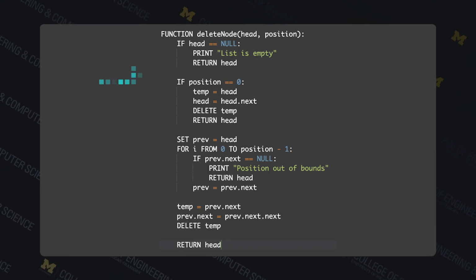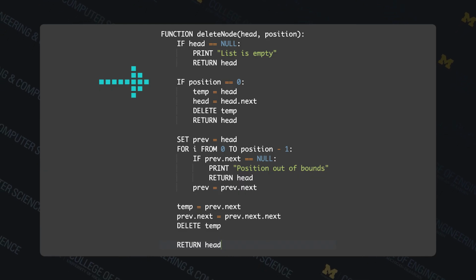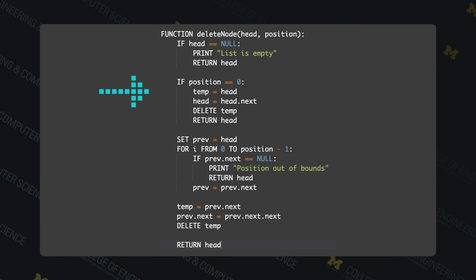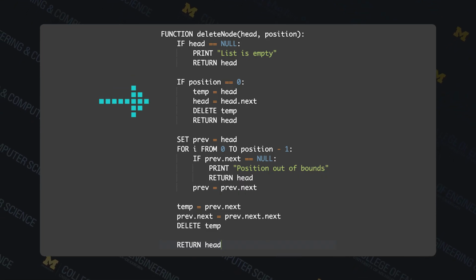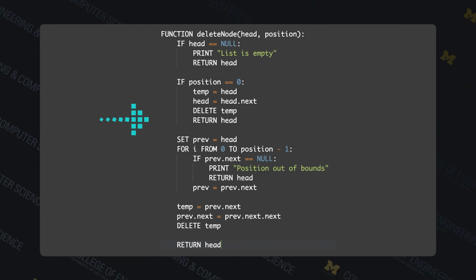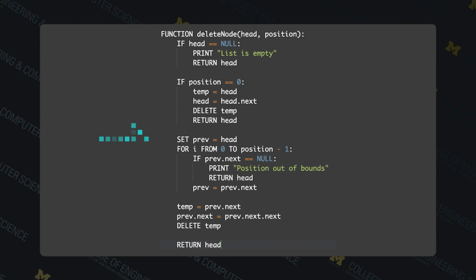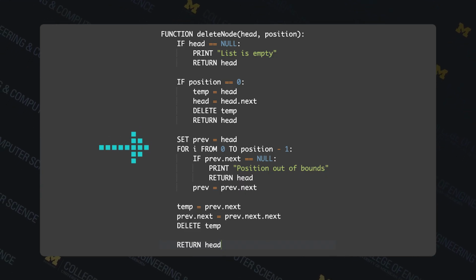Otherwise, if the position is equal to 0, indicating that we want to delete the head of the linked list, we'll initialize a temporary variable, which is equal to head. We will then set head equal to head's next, and then we will delete temp and return head. Now we want to set a previous pointer equal to head, and then we want to initialize a for loop